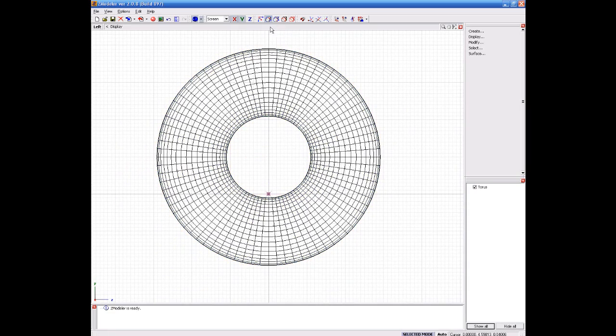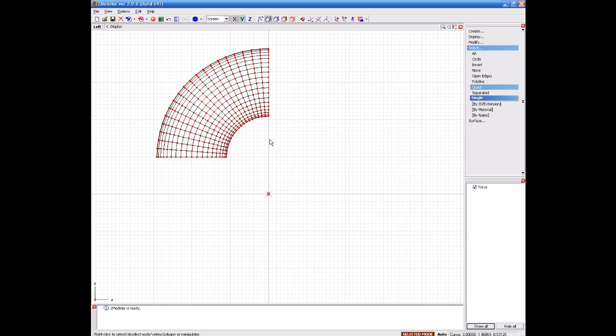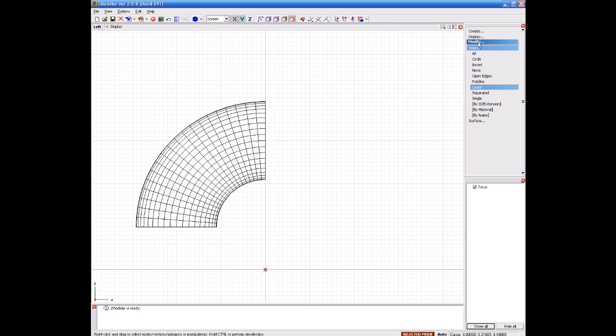Next, what you do, go into vertices mode, select quad, and delete 3/4 of this torus. Not used to that being over there. And then go back to object mode,